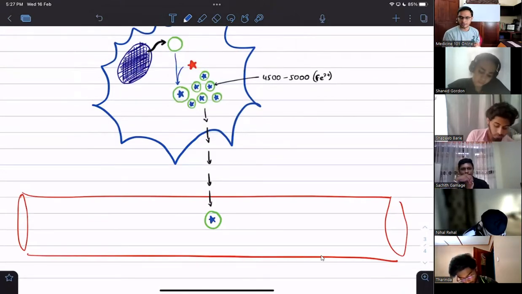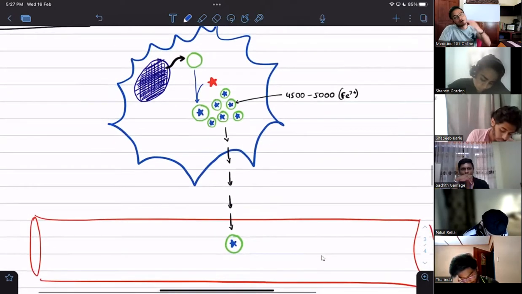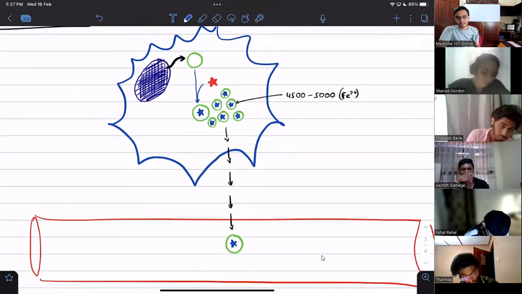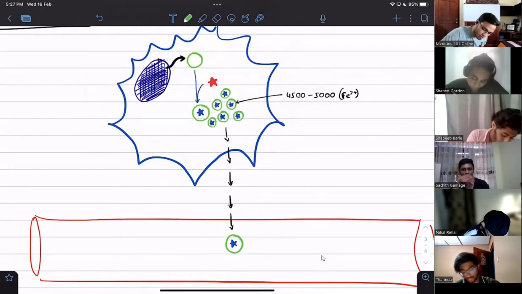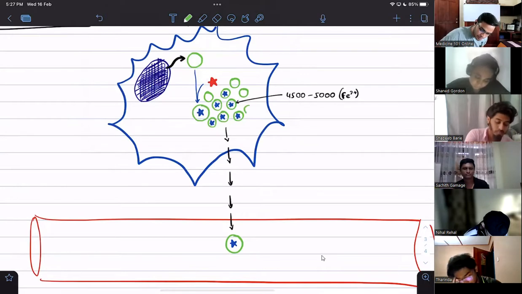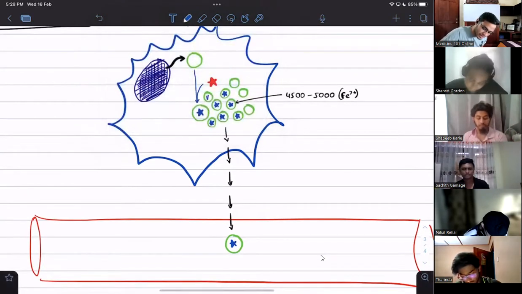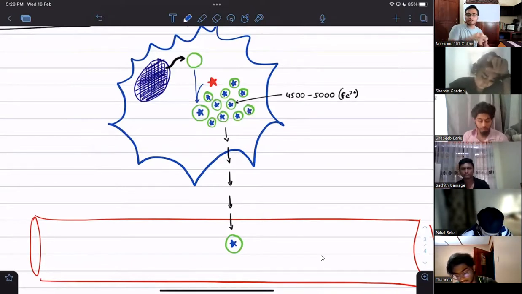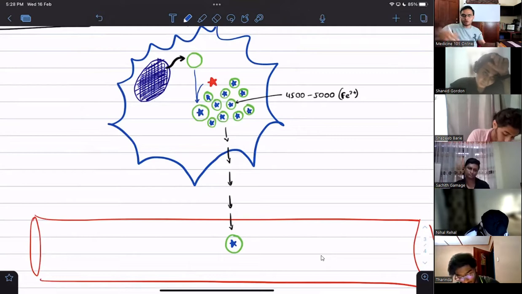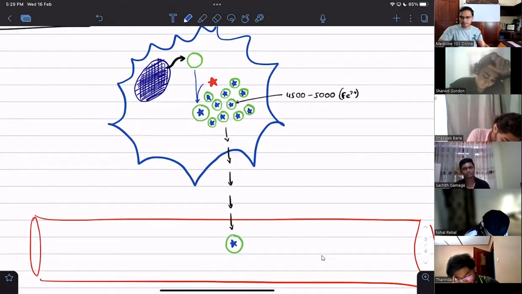According to the body's requirement, they can come. The other thing: let's say a lot of RBCs have been broken down, so all that heme and globin has been disintegrated and we are left with the iron. So let's say we have a lot of ferritin in our macrophage, and it's being overfull with ferritin. What happens then, guys? Our macrophage has a special mechanism. It doesn't just drop all that ferritin into the blood, saying, okay, I am full, now you take the iron. It doesn't just drop all of those.